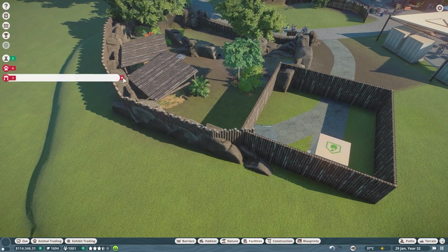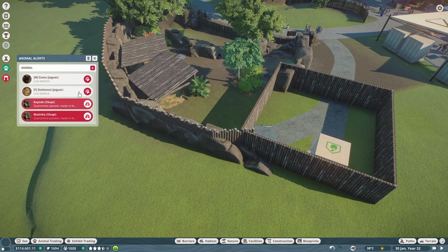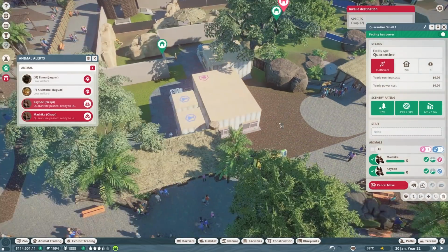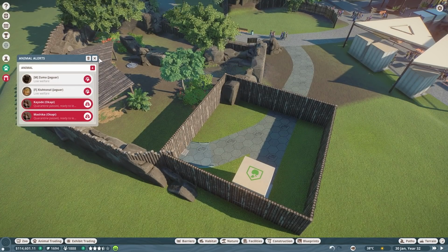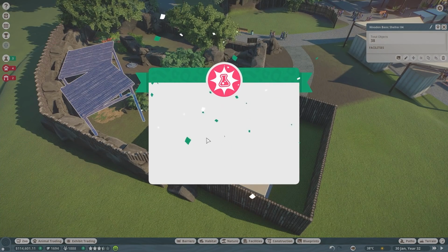Now we need to... Hush. What's wrong? Quarantine passed. Low welfare, low welfare. We're gonna have to revisit our jaguars because they're causing problems. They're causing a lot of problems. Why do we have all these shy animals in the zoo? We have all these shy animals that are freaking out. So those won't get moved yet because if we go to our...